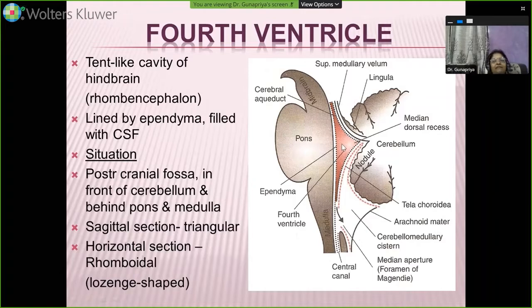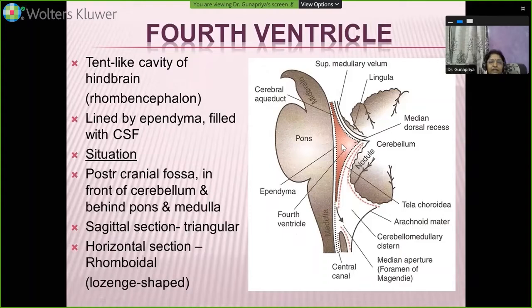So what do you mean by ventricle? The literal word ventricle means an expanded sac-like structure. That's why the lower cardiac chambers are known as ventricles, because they are sac-like structures or cavities filled with blood. The stomach is also otherwise known as gaster or ventriculus, and ventriculus again means a sac-like structure containing food, a reservoir for food. So the word ventricle means it has a collection of something. Here it's going to be your cerebrospinal fluid.